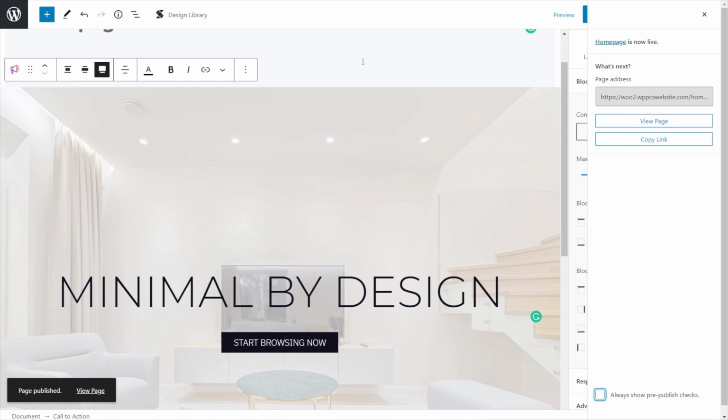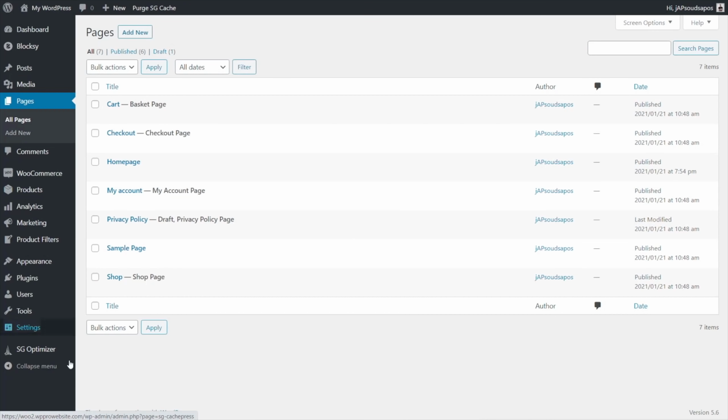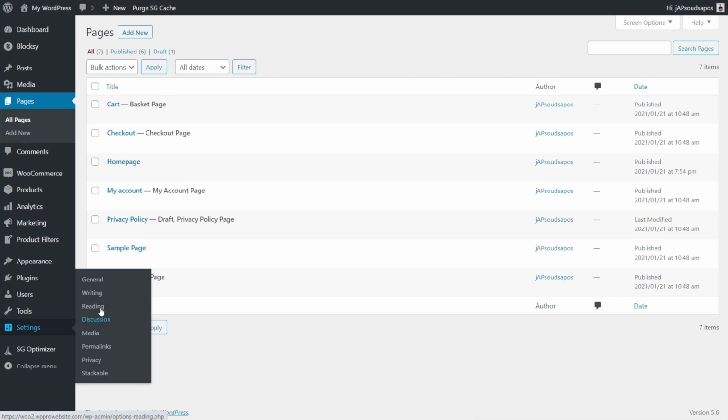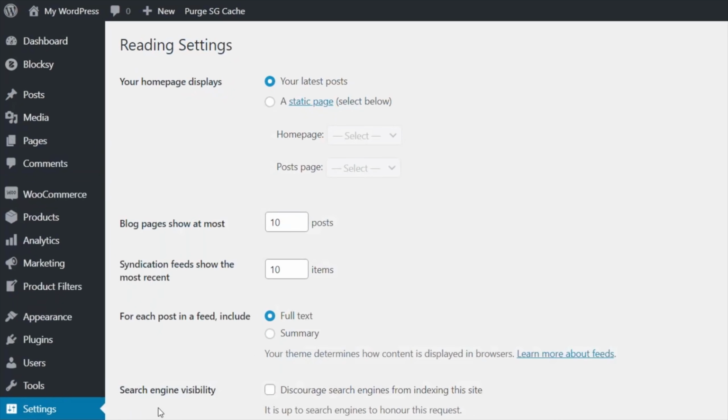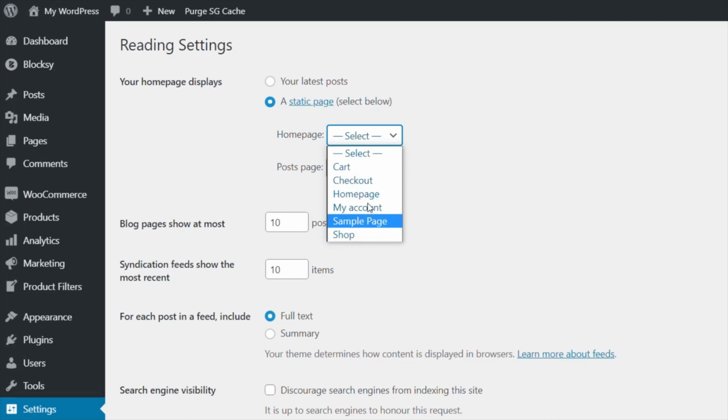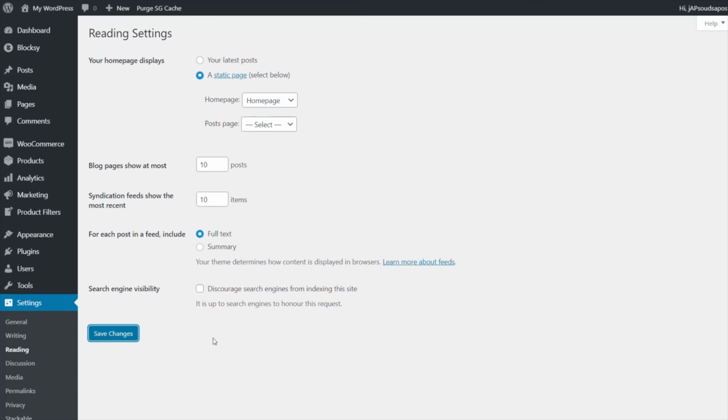So if we take a look at it, with the condition we've set up for the transparent header, we won't see it anyway. So what we need to do is just quickly come back out of this, and we're going to go to our settings and into reading. And from there, we can now set a custom home page. So we're going to choose a static page, set our home page to be home page,